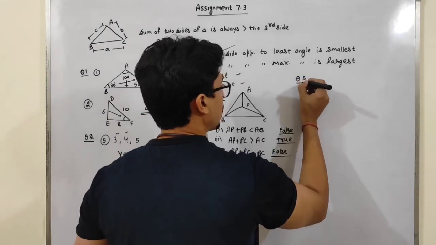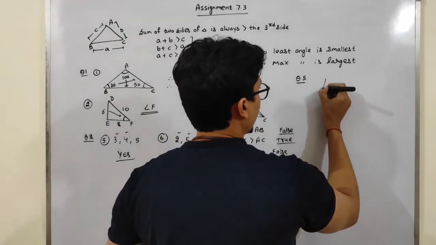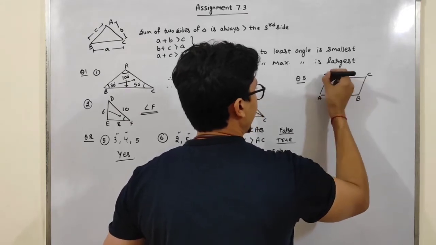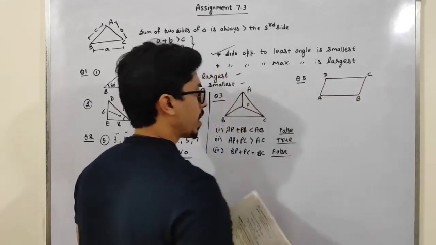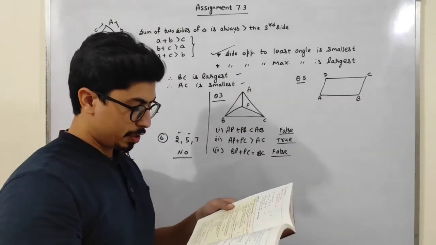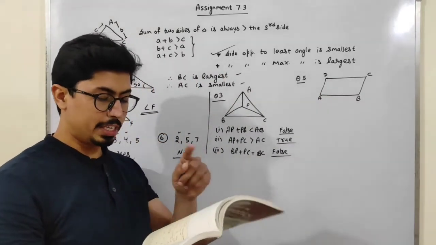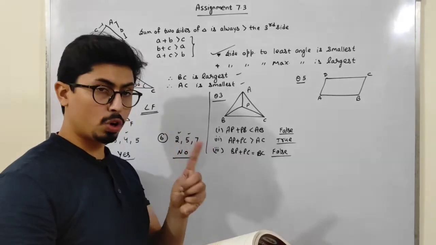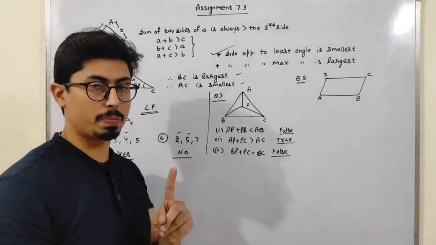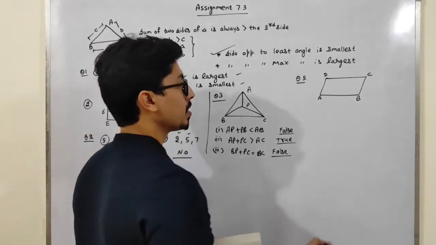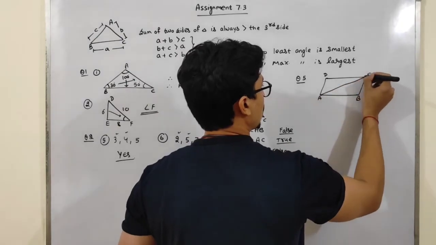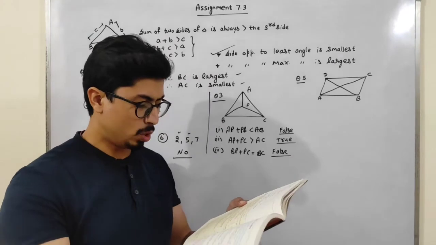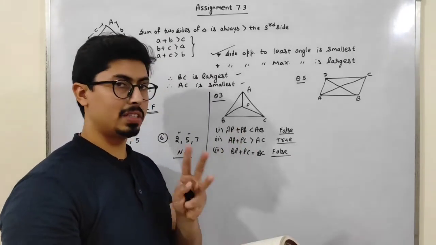See, in question number fifth, this figure is given to us. A, B, C and D. Okay. Which of the following paths? Okay. See, if you just see in your book, students, there are three paths that are given, and out of these three, I have to find out the shortest path. Okay. See, these are joined in the figure. I have to go from D to A. I have to go from D to A, and three paths are given.